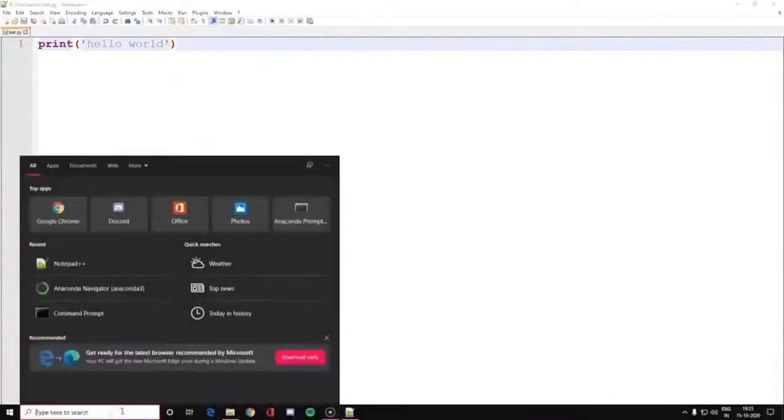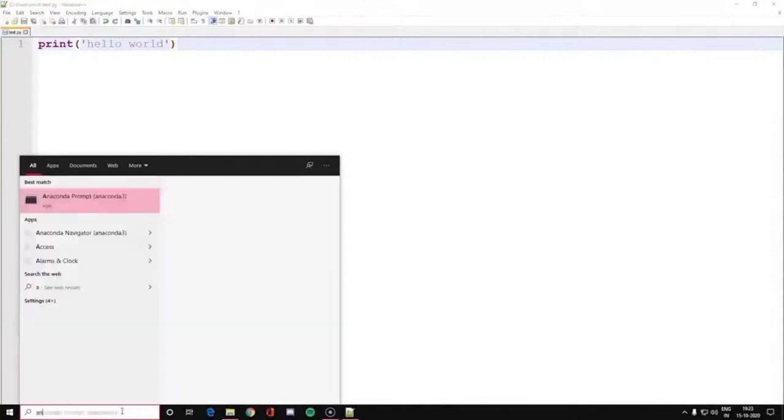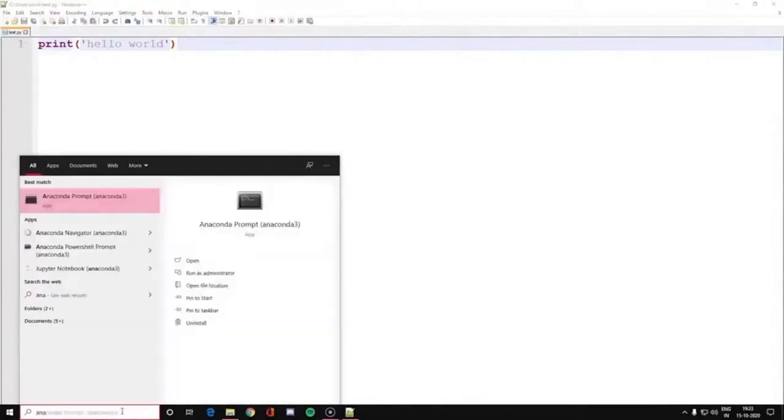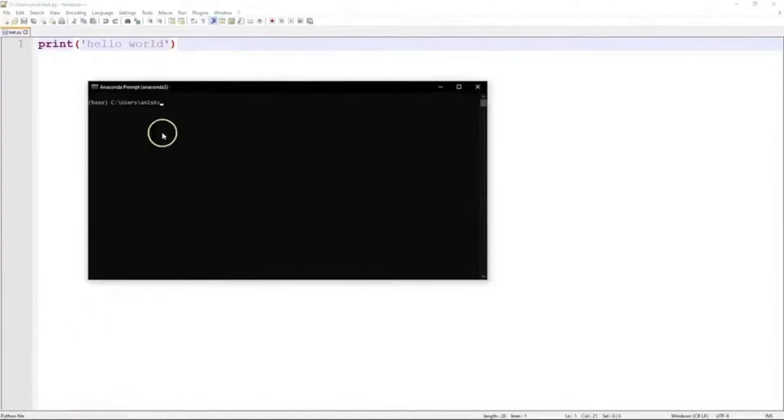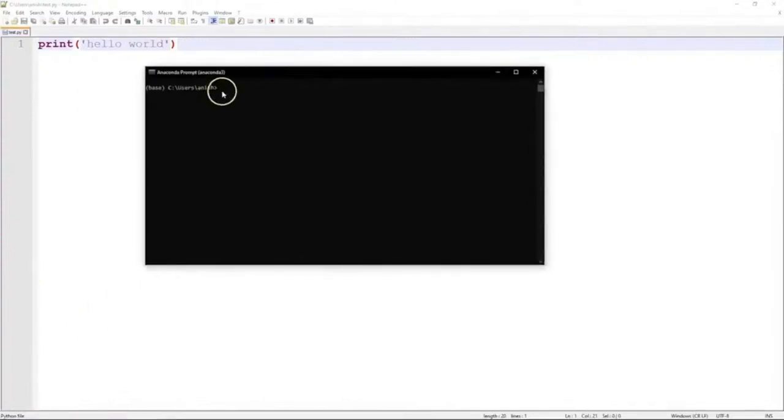Since I have installed Anaconda in my system and I will be using Anaconda to work in Python, what I will look for is something called the Anaconda prompt. As you can see, this is the option that I get, Anaconda prompt. This will essentially open a command line under the environment of Anaconda or Python. In this, I am already in the folder that had my script. So how do I run this script? Well, the command is python, space, the name of my file, which was test. Of course, the suffix is very important, so I enter test.py.